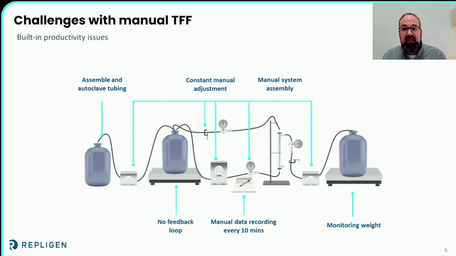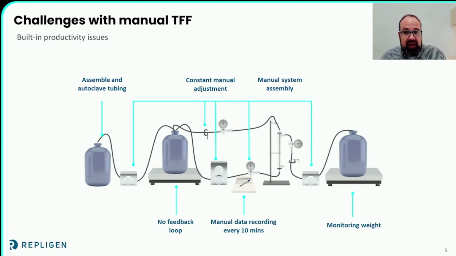This arrangement you see here requires a user to assume the responsibility of a consistent physical setup each time that doesn't alter the key operating parameters or, even worse, endanger product recovery. This setup also requires an operator to collect data manually and does not enable your team to capture or trend some key values required to fully understand your process and contribute to any scale-up efforts in the future.